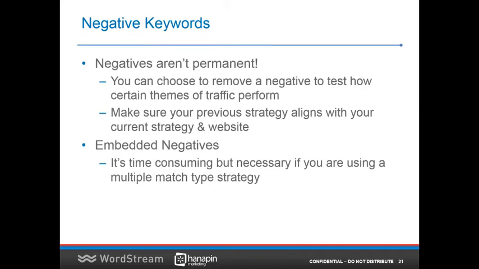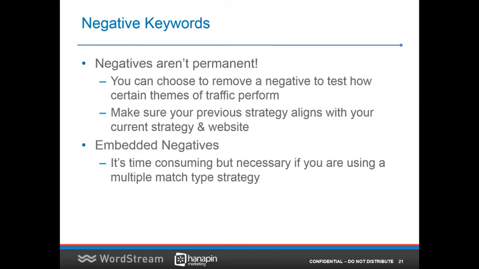This again is a little bit time consuming but necessary if you are using that multiple match type strategy. If you were to use that stacked bidding strategy that Lisa spoke about plus embedded negatives, you're almost guaranteed to have a very tight, clean,